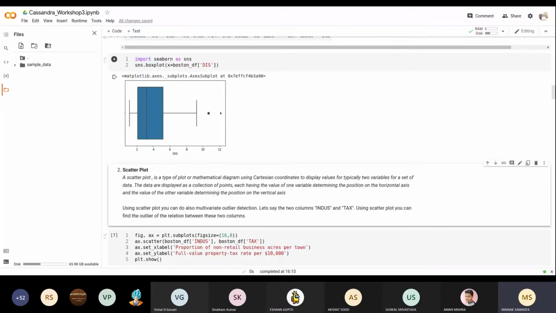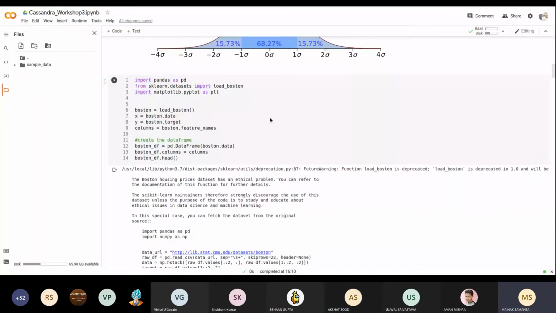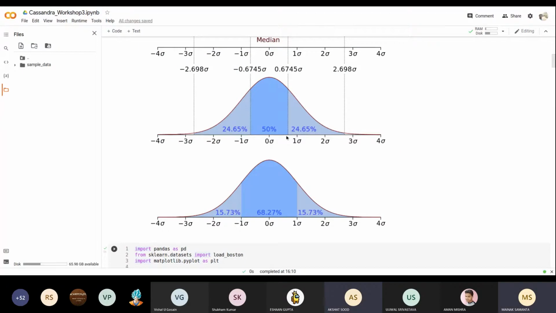So how is a box plot made? The method is the IQR method. Now what is the IQR method? See this plot. If you attended the previous assignment solution explaining meet, Aman explained the Gaussian distribution there.